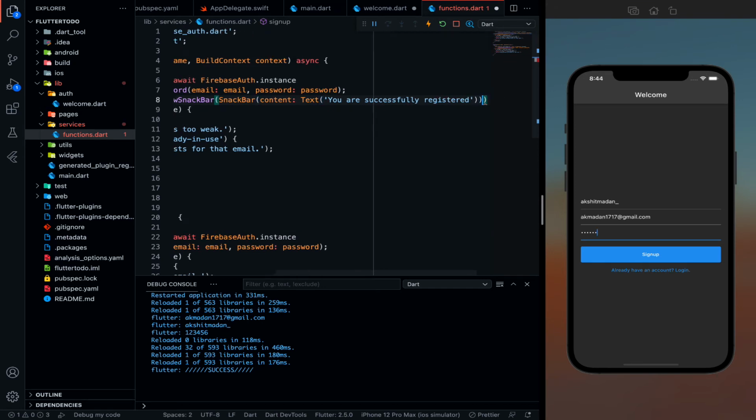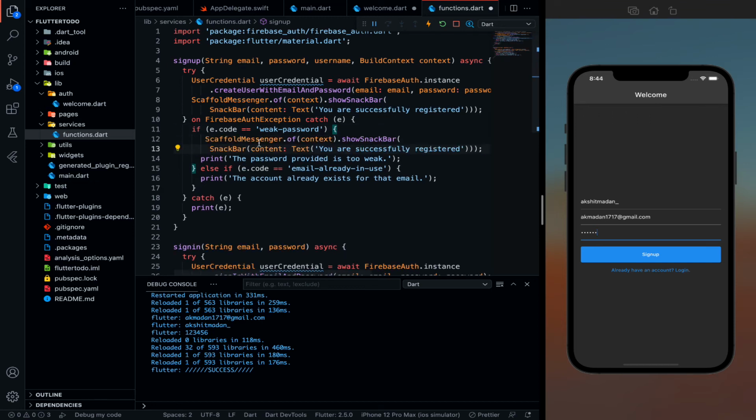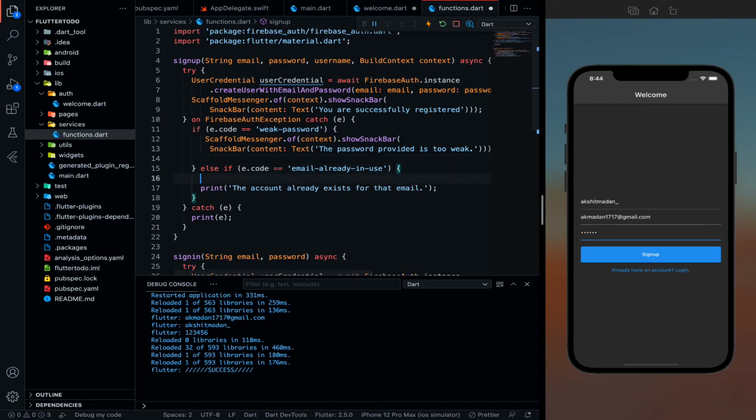Okay. Now I will be copying this thing and pasting it for password provided is too weak. So let me just paste it and let me just cut it from here and paste it over here. Remove this print. I'll do the same thing for here.